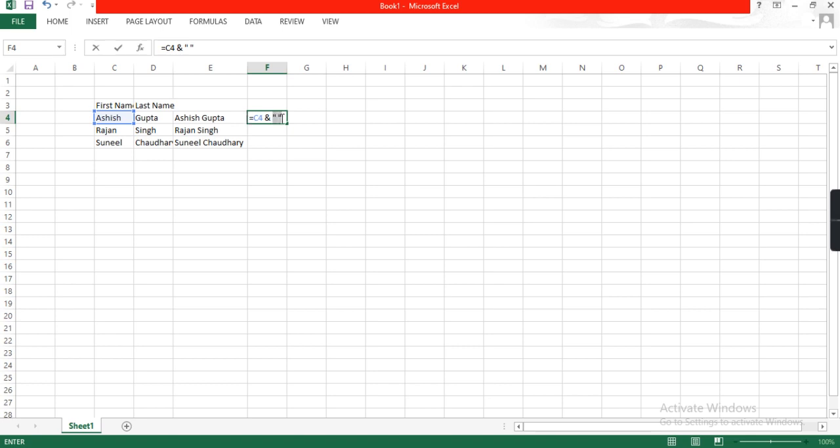This we use to give the space. Then again ampersand and then this. You can see that these two cells have been concatenated here. Okay, so how to do the same thing in Power BI, that we will learn today.